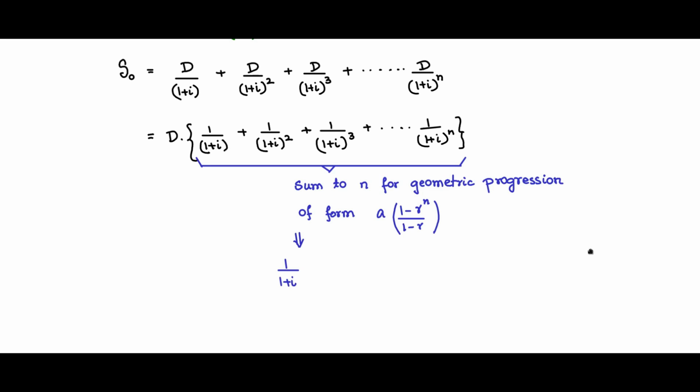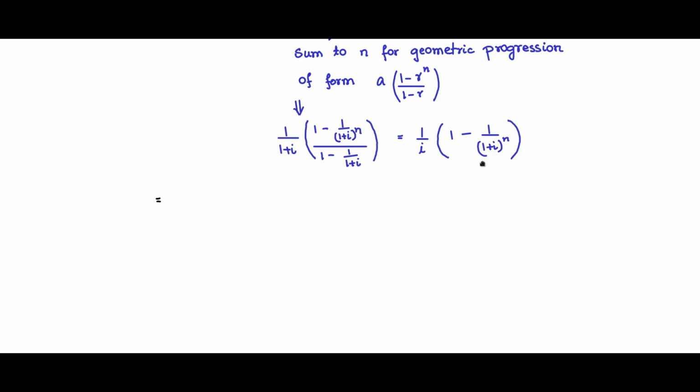So I will put a as 1 by 1 plus I, times 1 minus 1 by 1 plus I to the power of n, that is 1 minus r to the power of n, by 1 minus r, which is 1 minus 1 by 1 plus I. On simplifying, this will lead to 1 by I into 1 minus 1 by 1 plus I to the power of n. If you substitute for this sum here, then we will have S naught, the present worth, equal to d into 1 by I into 1 minus 1 by 1 plus I to the power of n, and this is the present worth